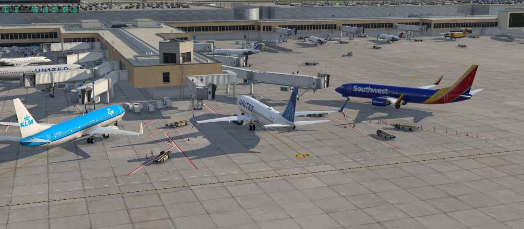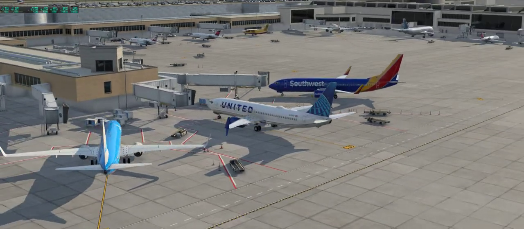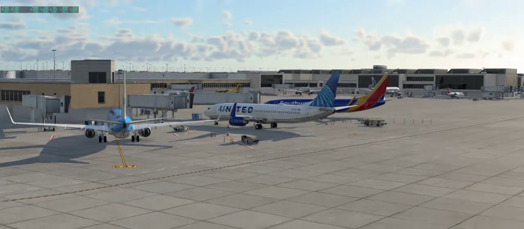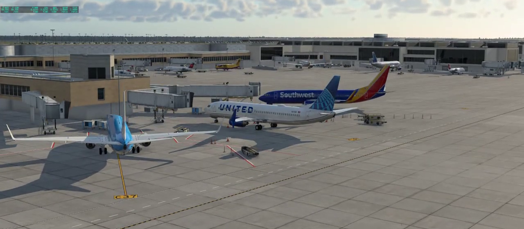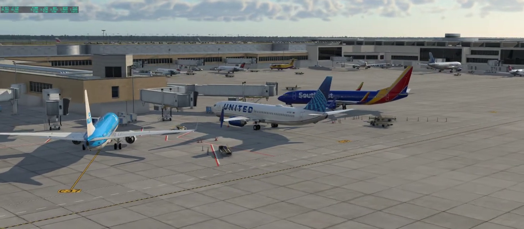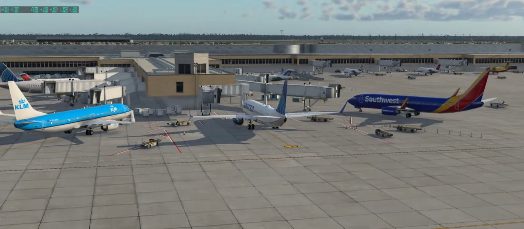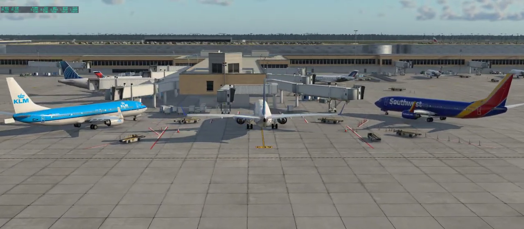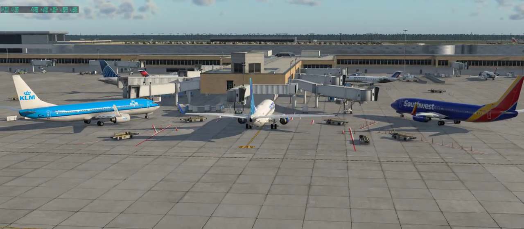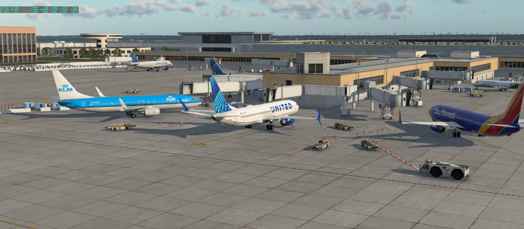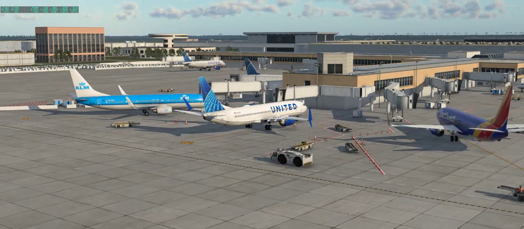Now, some of the systems in the Zibo, like the MMR, the IAN system, the weather radar, the terrain radar, and the electronic flight bag, which is supposed to come with a future upgrade of PMDG. So we're getting there,